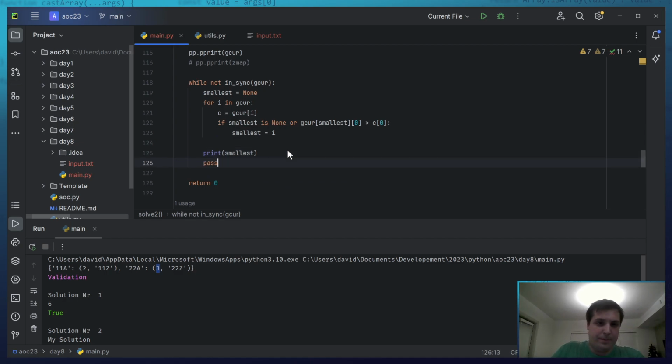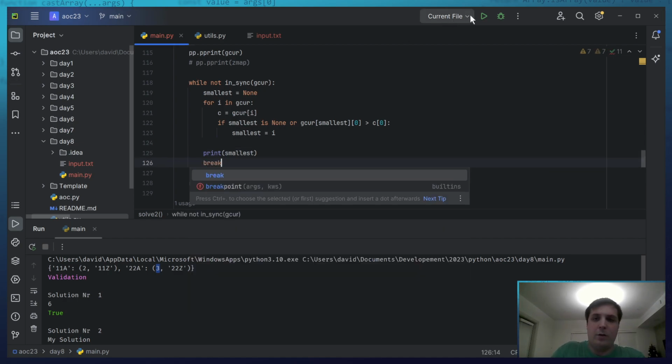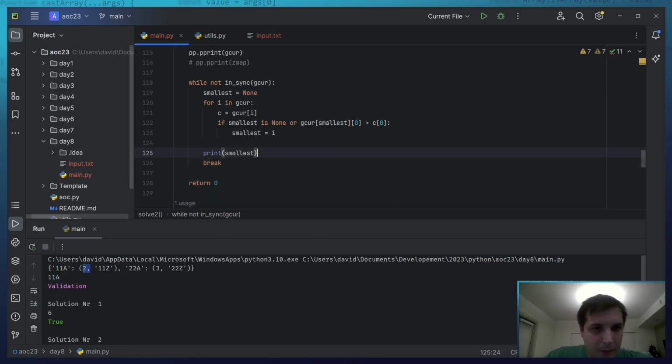And then, just so that we don't have an infinite loop, I'm going to break. Yay, this is the smallest, and it's absolutely correct. Now, what we do with the smallest, we replace it.